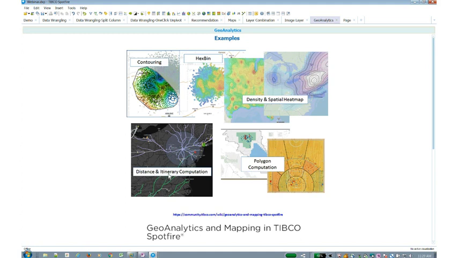Or as I mentioned before, if you have physical locations, we can go and summarize points within the polygons and then summarize that information and show that to you.